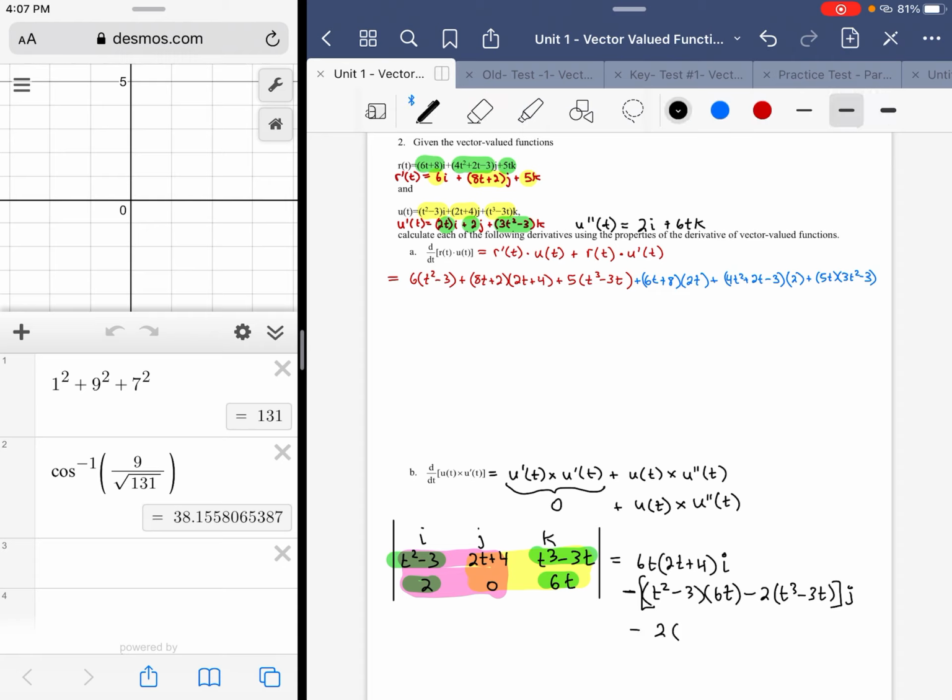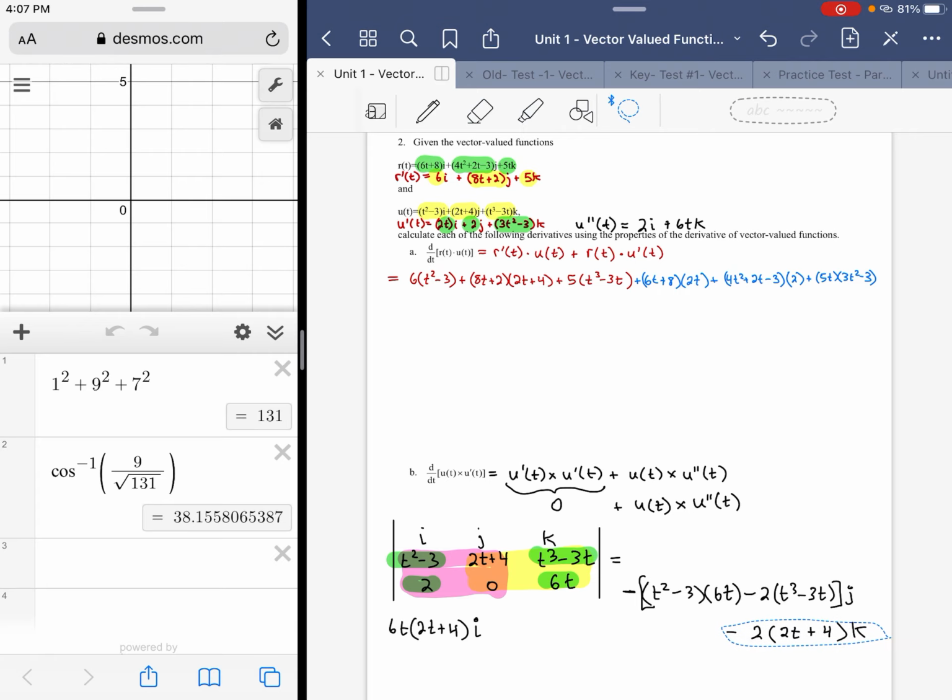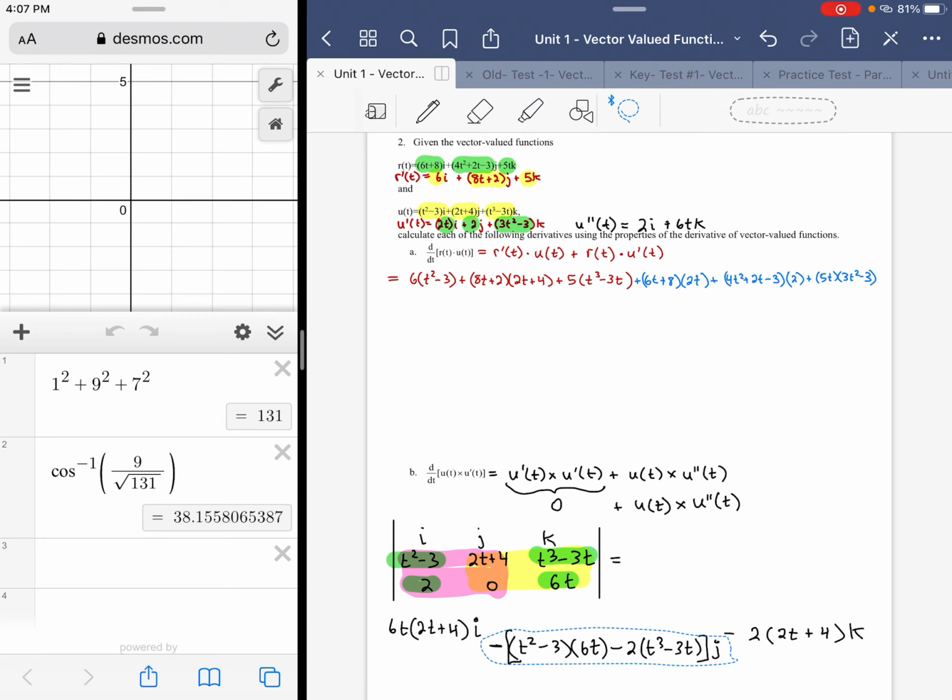So minus 2 parentheses 2t plus 4, and that would be my coefficient of k. All right, so it took a little doing. I'm just going to move some things around again, but we get it without having to do a lot of the work that we thought we might have to do going in, because it was like, oh, we're going to have to expand this with the product rule. But fortunately, we were able to make use of some